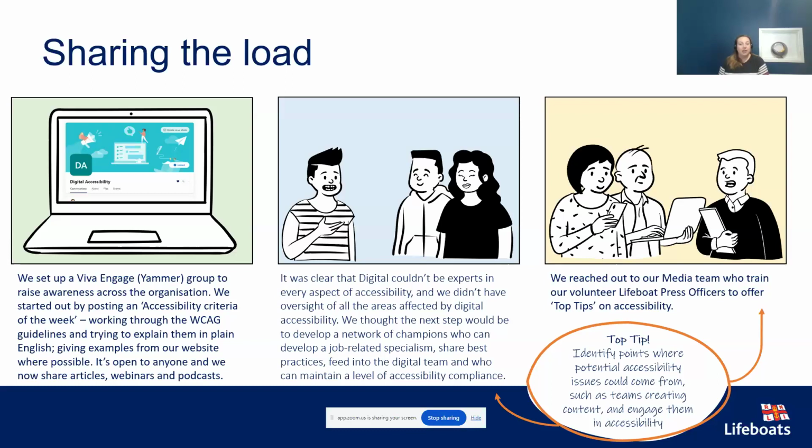And we started out by posting an accessibility criteria of the week. So we worked through all the WCAG guidelines and tried to explain them in plain English and give examples from our website where possible, and break it down for people who maybe didn't have that technical knowledge or were working in an area where they were only seeing the front end result. It's open to anyone. And we also share articles, webinars, podcasts, anything like that. Anyone can post, and it's somewhere that we're just trying to get people part of the conversation,